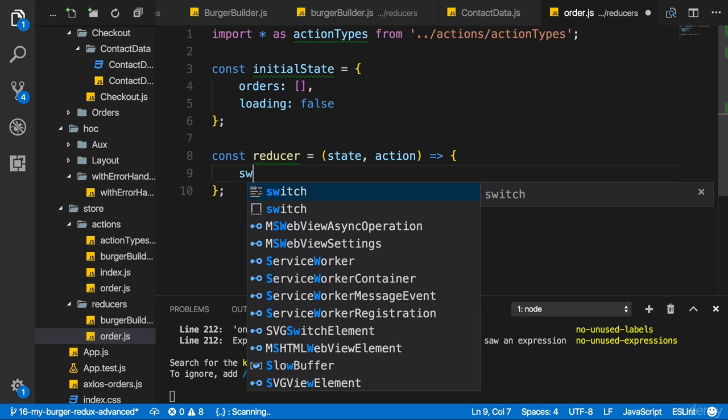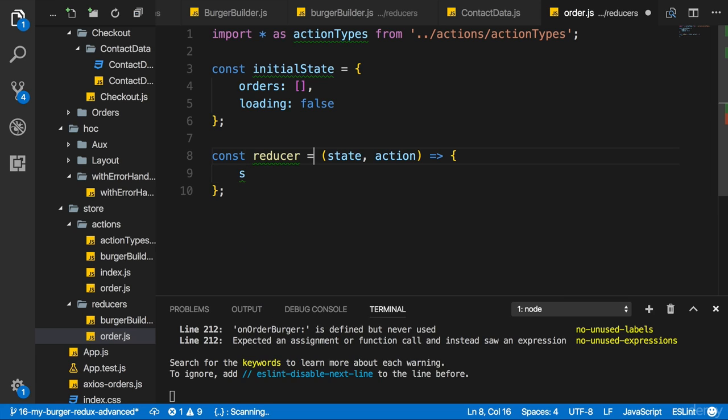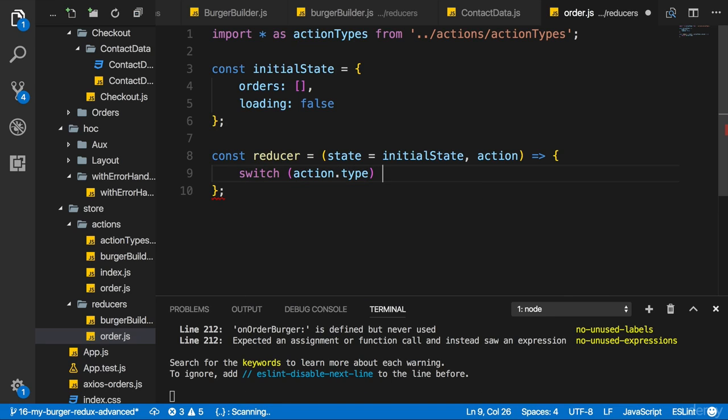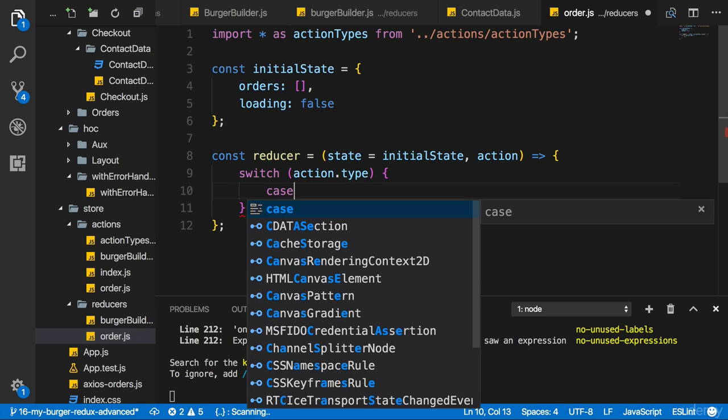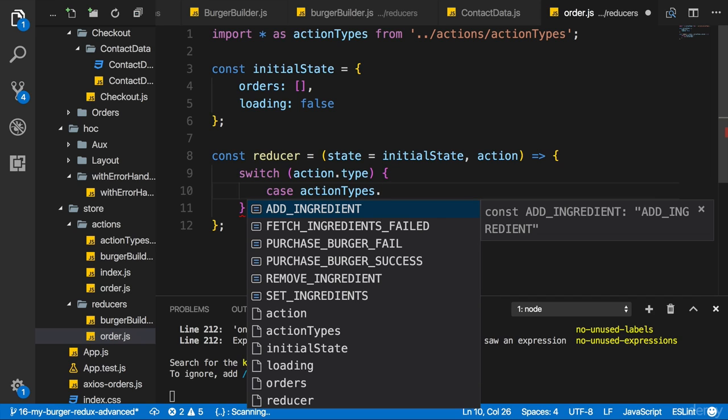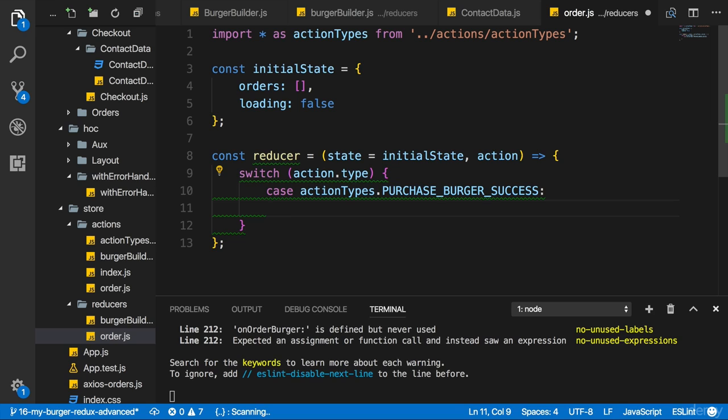So in my reducer, before I add my switch case statement, I'll set my state equal to the initial state so that we have a state initially, and then I'll add my switch case statement. So I'll switch on action.type, and now I want to handle my different cases, of course. So I'll have a case here, which is actionTypes.PURCHASE_BURGER_SUCCESS.